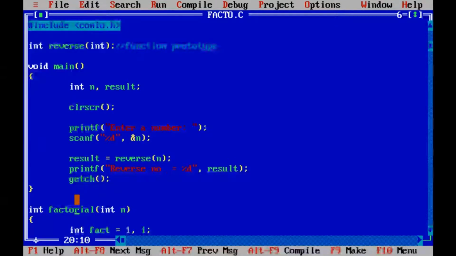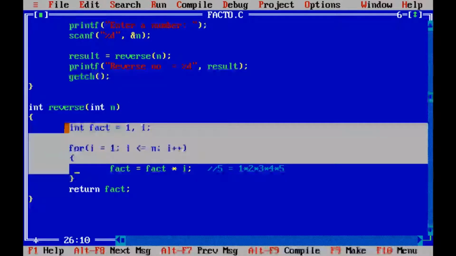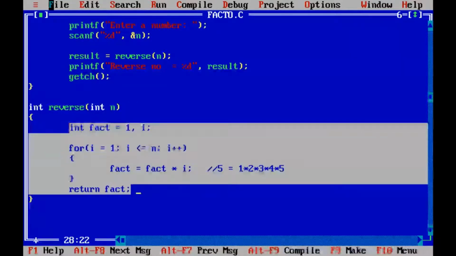So let's define that function over here. So this one I'll say reverse. Okay, so it will take basically one number, it will try to reverse it. So I'll remove this.